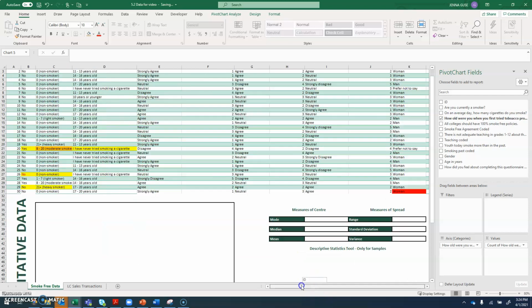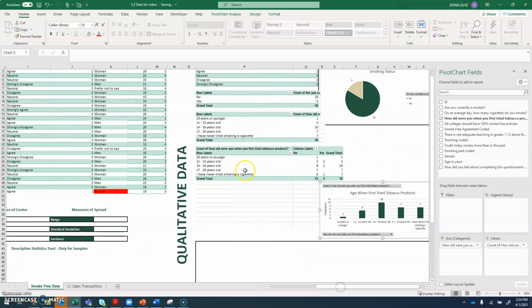whole table. How you read the table is that, for example, people who tried it when they're 10 years or younger, one person tried smoking for the first time at 10 years or younger and is not currently a smoker. 0 people tried smoking for the first time 10 years or younger and, yes, are currently a smoker. 3 people tried between 11 and 13 and they are not smokers. 2 people tried between 11 and 13 for the first time and they are currently smokers. So it gives you the counts of people that fall into all combinations of both categories, and that combination piece